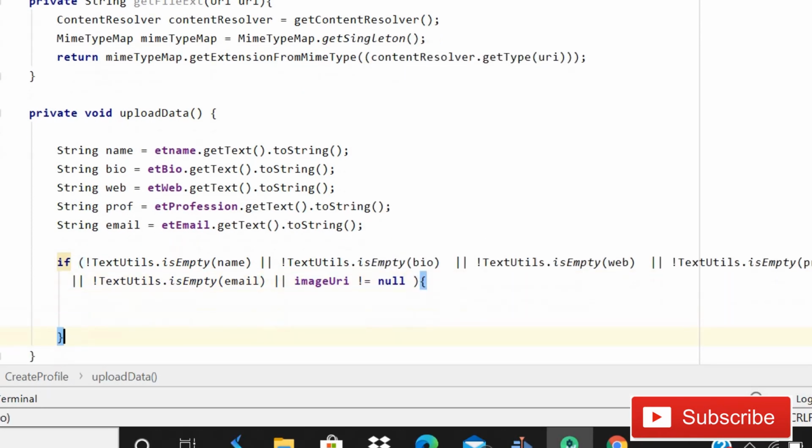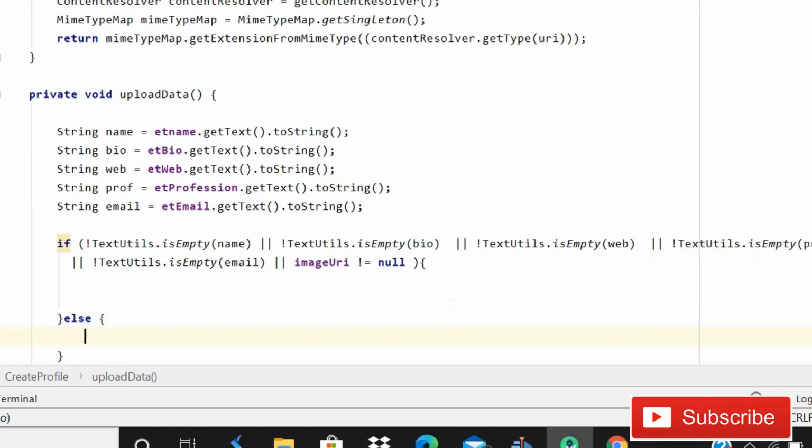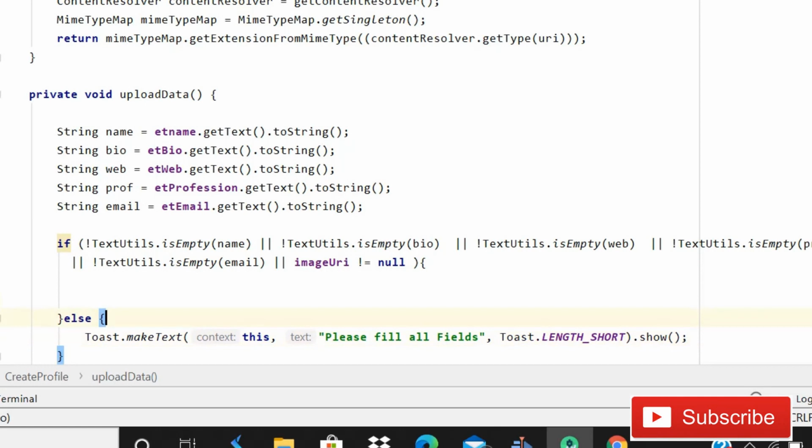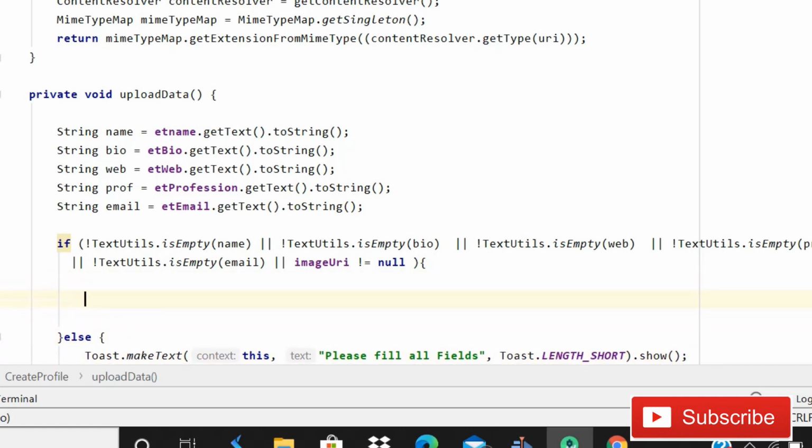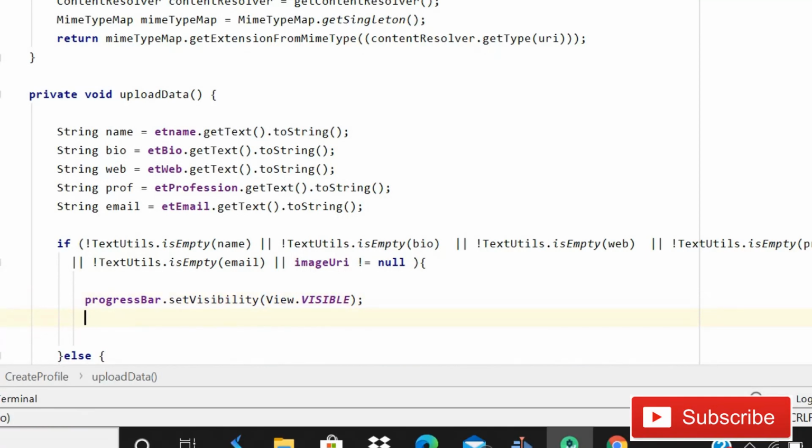Fine. So if it is empty, what we will do is show a toast message: please fill all fields, or you can show any message you want. Fine, guys. So now we have to proceed. First of all, we will make the progress bar dot set visibility visible. Fine, first thing, and then we will simply write